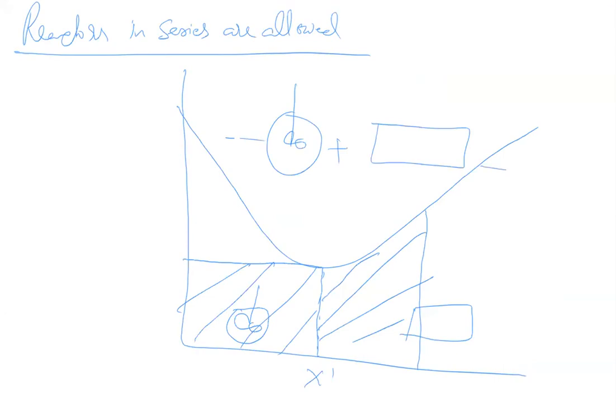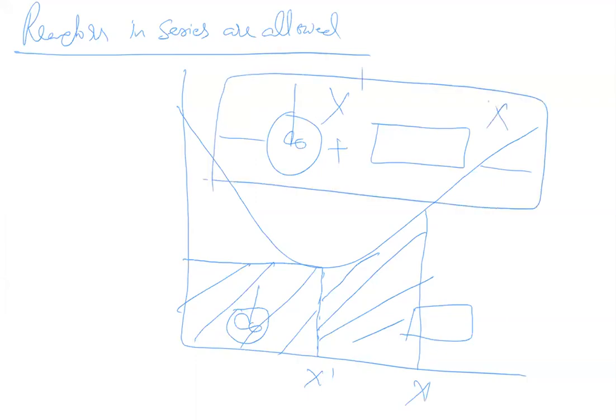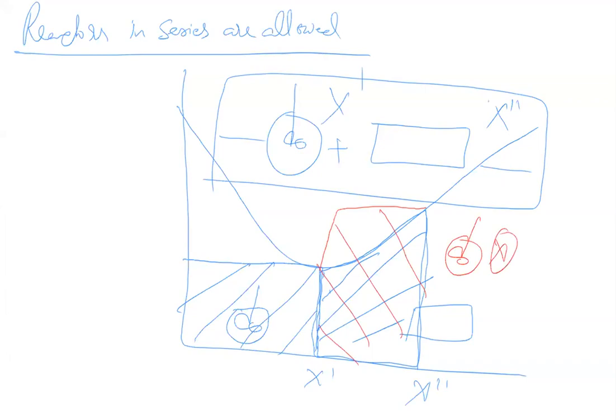So you will select CSTR up to X prime. Beyond X prime, let's say this will be X double prime. Up to X double prime will be PFR, because here the area under the curve is better. Suppose here I select CSTR, what happens? Then you are adding this extra volume, no? So this is the extra volume that you are selecting if you select a CSTR. You should not do that. You should select a PFR here.